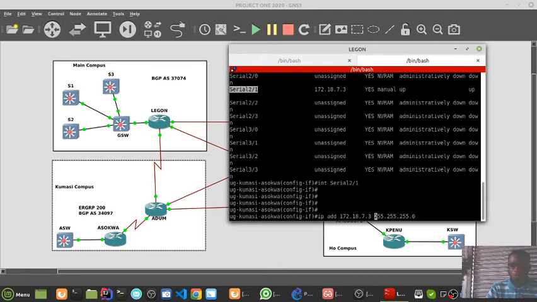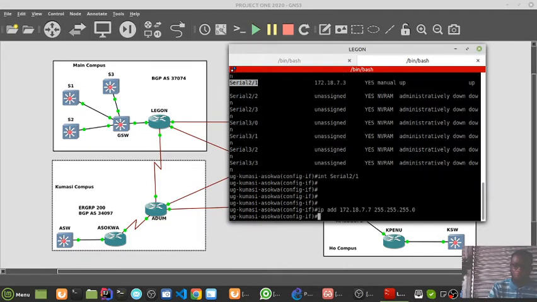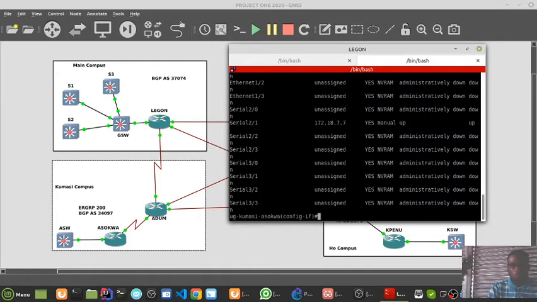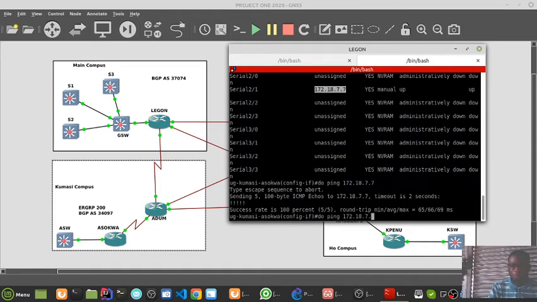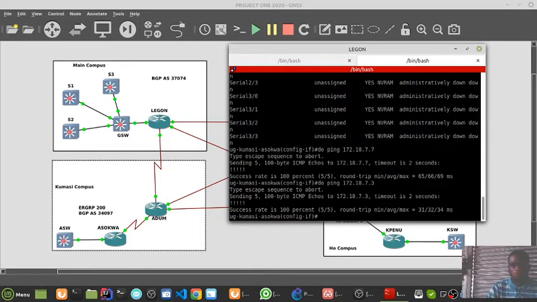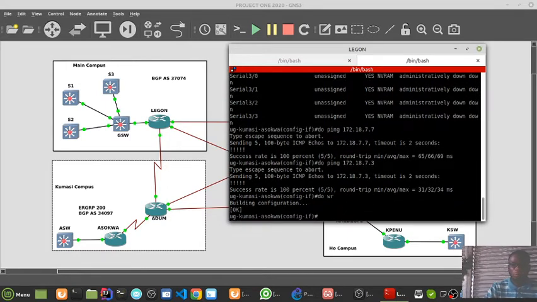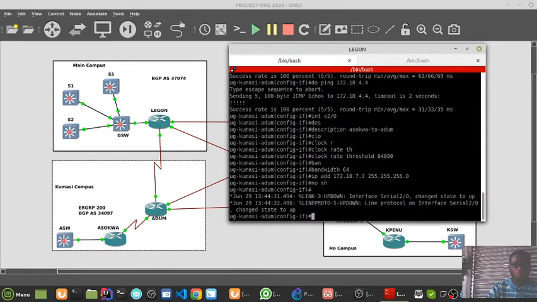This place is 7. Change it and show IP in brief. Okay, let me test my connectivity first. Now let me check the other side. It's working. I made a mistake,